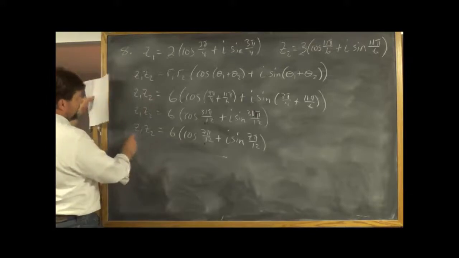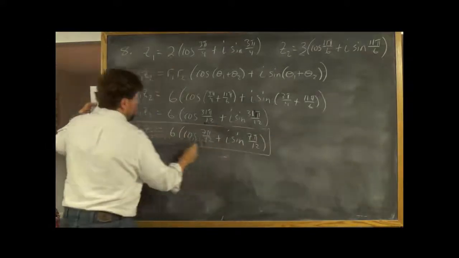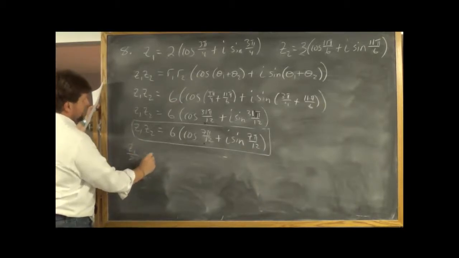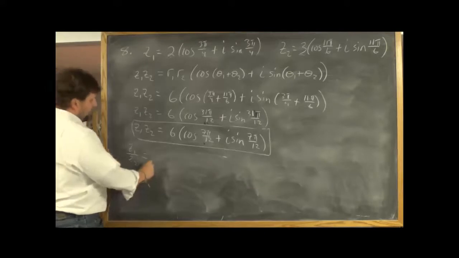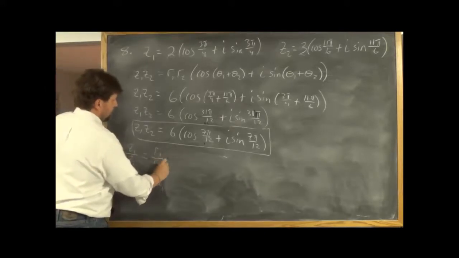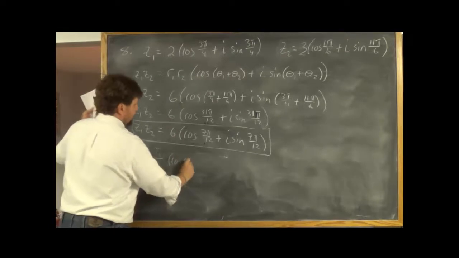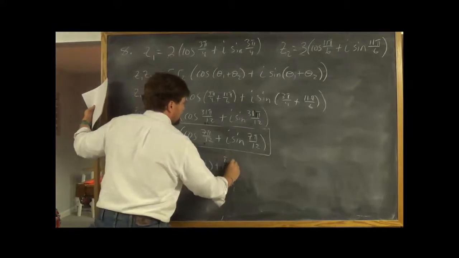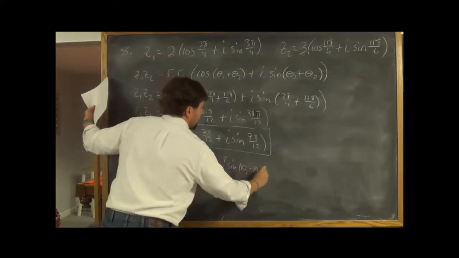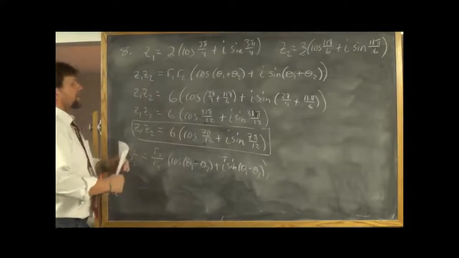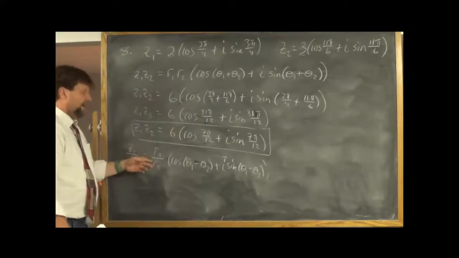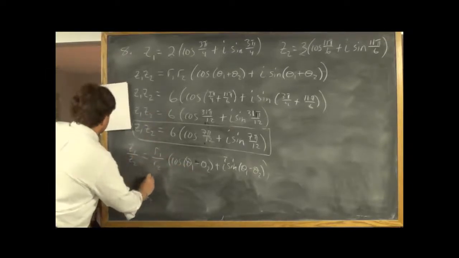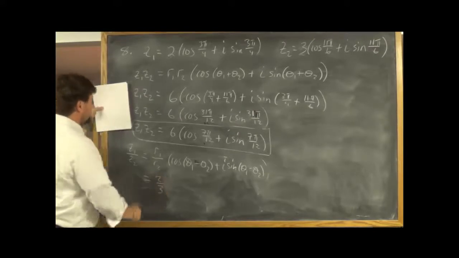To do the division, well, it's R1 over R2 times cosine of theta 1 minus theta 2 plus i sine of theta 1 minus theta 2. So instead of multiplying, we divide. Instead of adding the angle arguments, we subtract them. And if you do this, you should get a 2/3